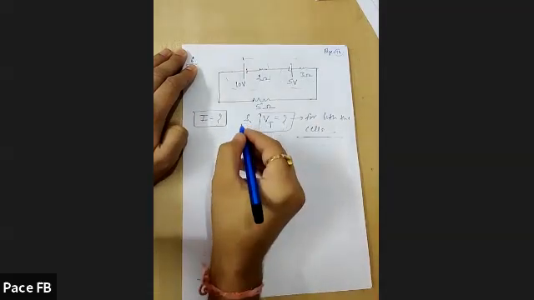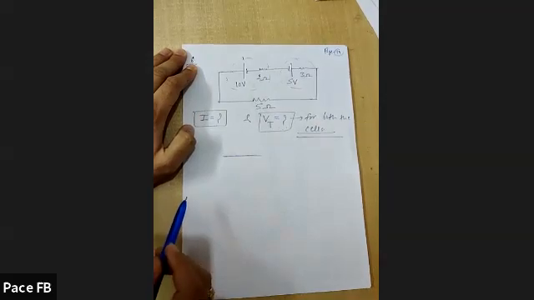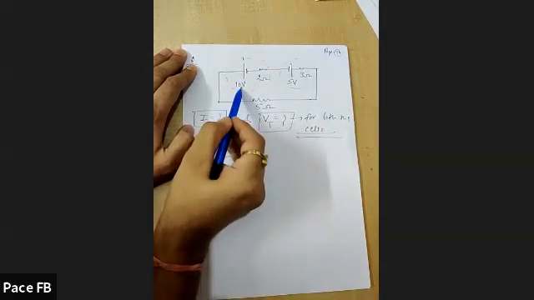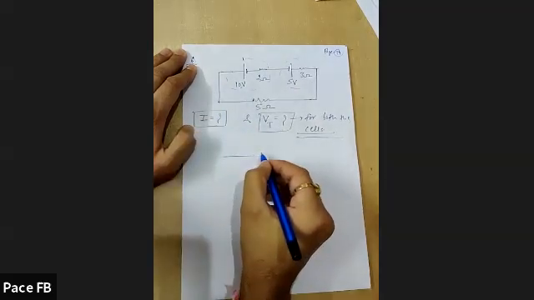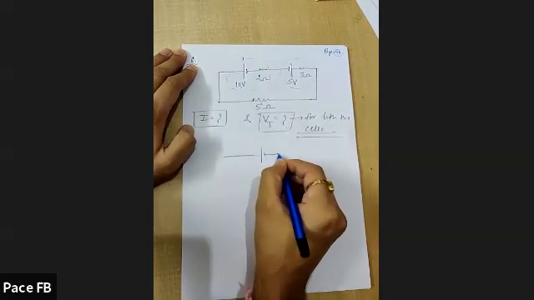So you will have to find out the equivalent, and what would be the equivalent? Which one is at higher voltage, higher EMF? The 10 volt is at higher EMF. So the equivalent would have the positive terminal on the left hand side. This 10 volt cell will govern. So this positive, negative, and there is one internal resistance.